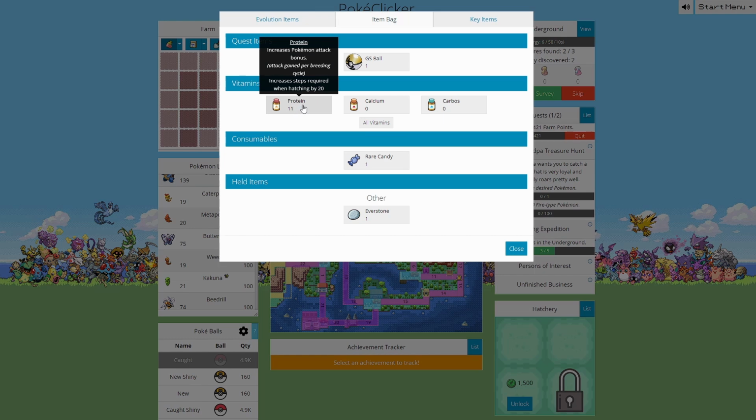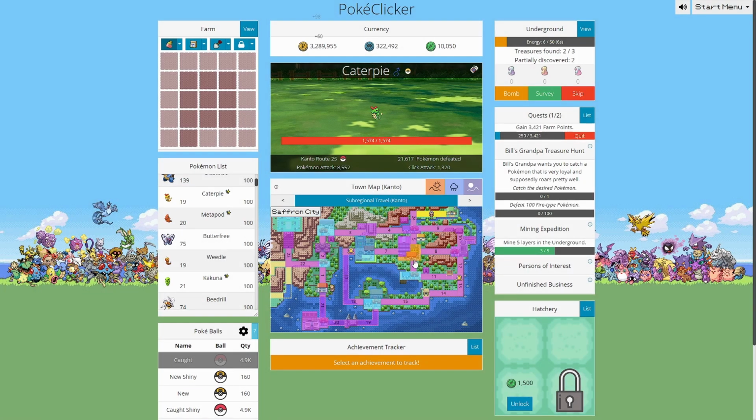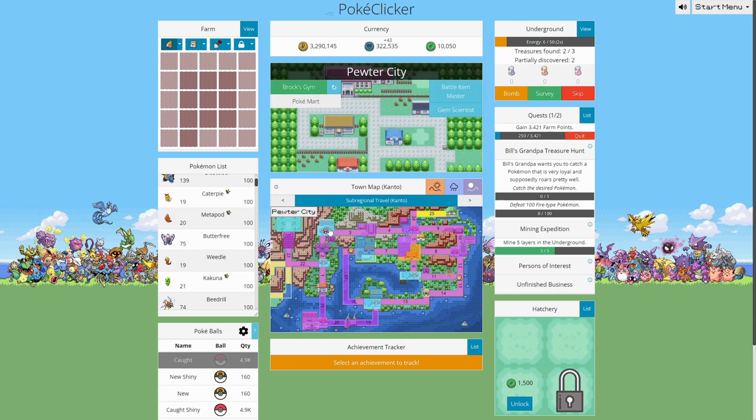Increases steps required when hatching by... Oh, no, okay. So I have to figure out how to equip those. But right now I want to buy eggs from... Let's start with the grass type egg from...